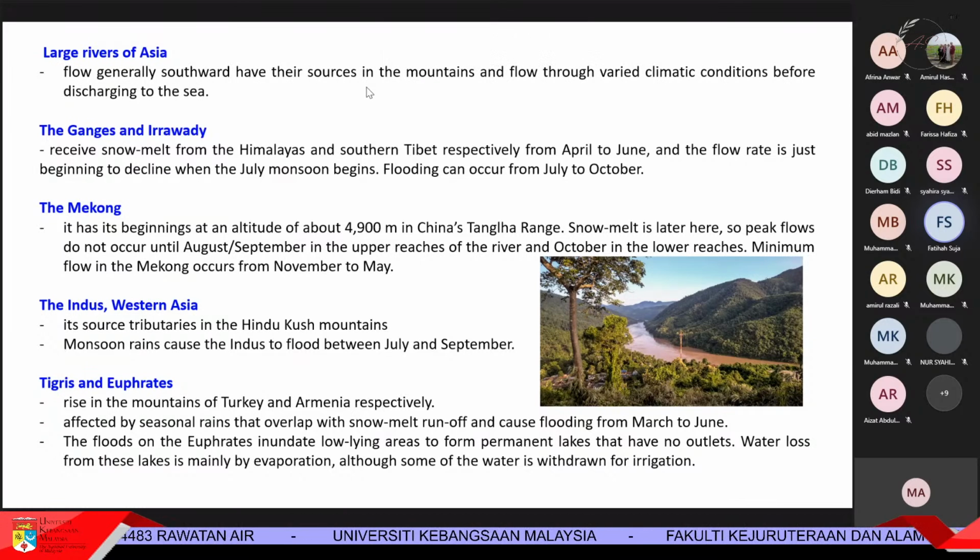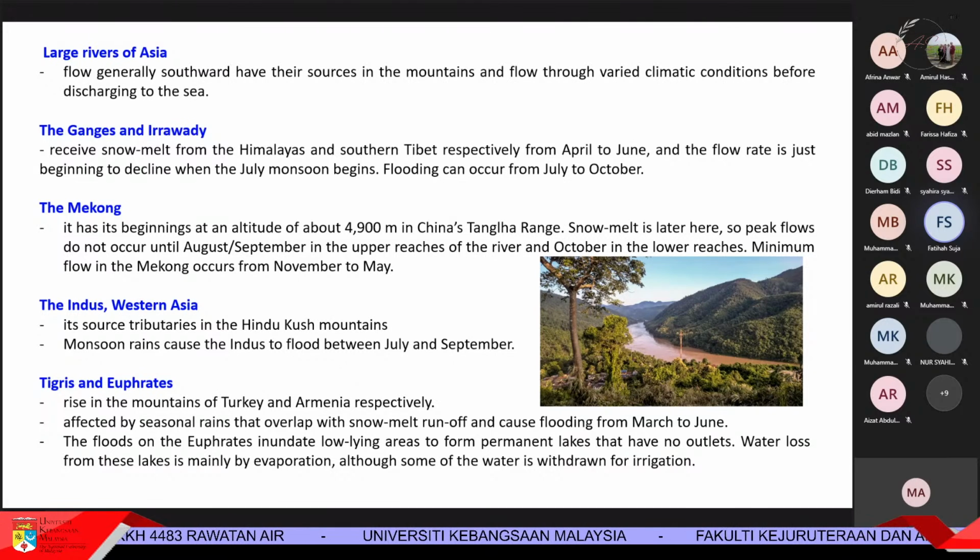For example, the Ganges and Irrawaddy receive snowmelt from the Himalaya and southern Tibet from April to June, and the flow rate is just beginning to decline when the July monsoon begins. So flooding can occur from July to October. For all these rivers, you cannot simplify anything, because they are very large and long